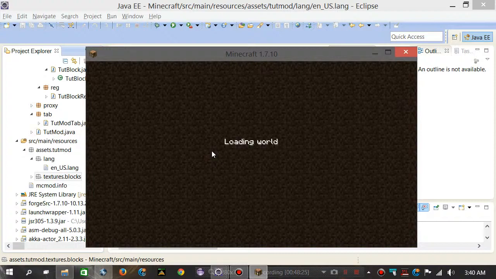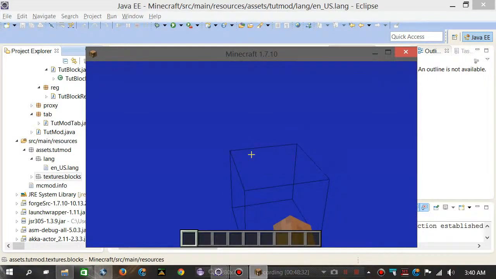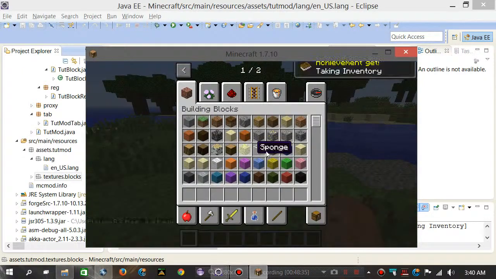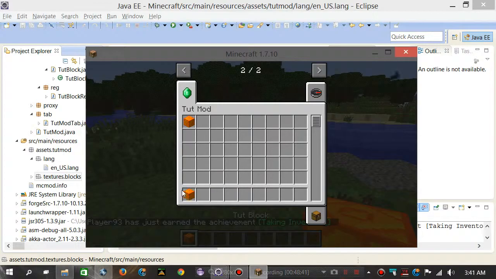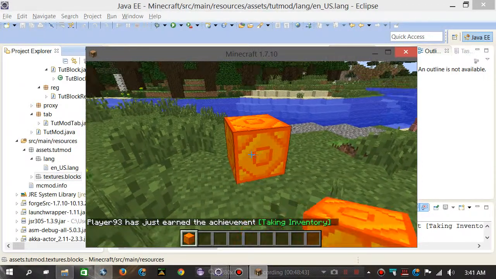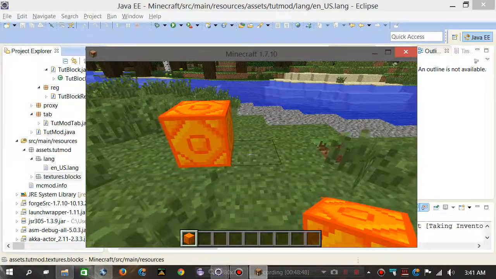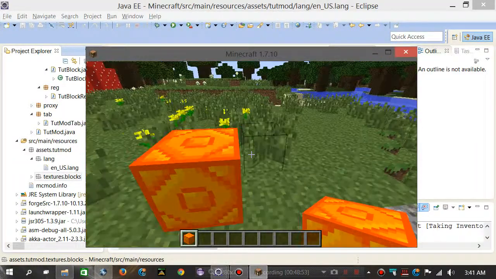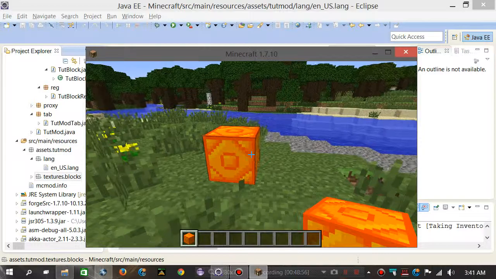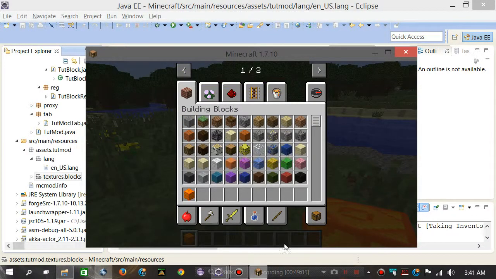Okay, so now I'm pretty sure the name and the texture should load. Okay. Yep, I was right. See, I'm using one of the textures from my Metal Gemcraft mod as an example. And it's on the block I made. So if we grab